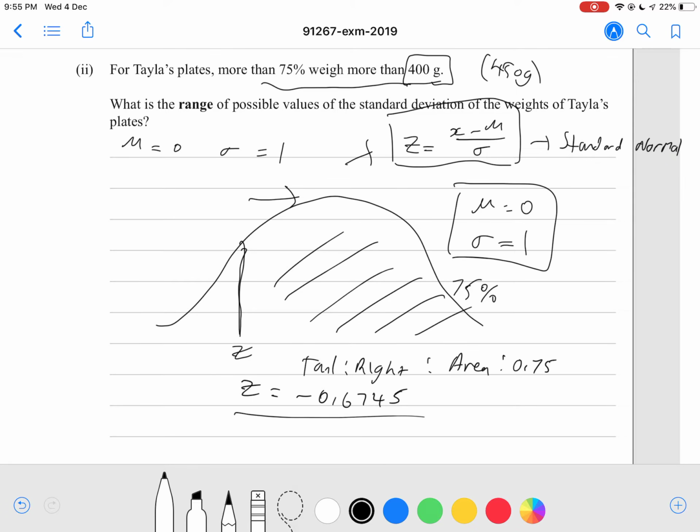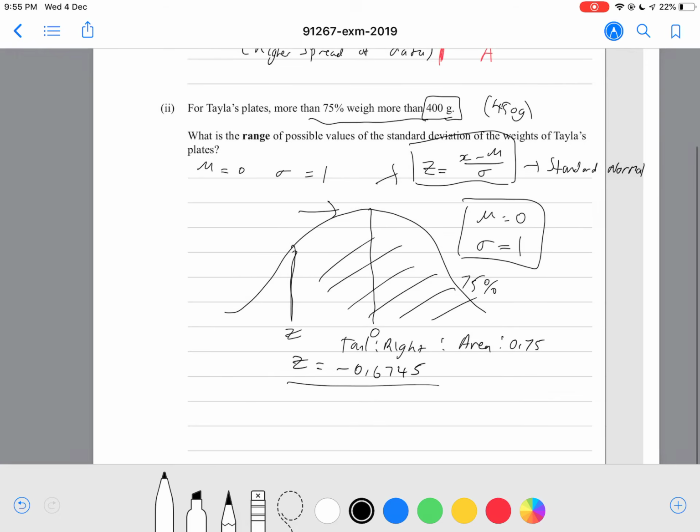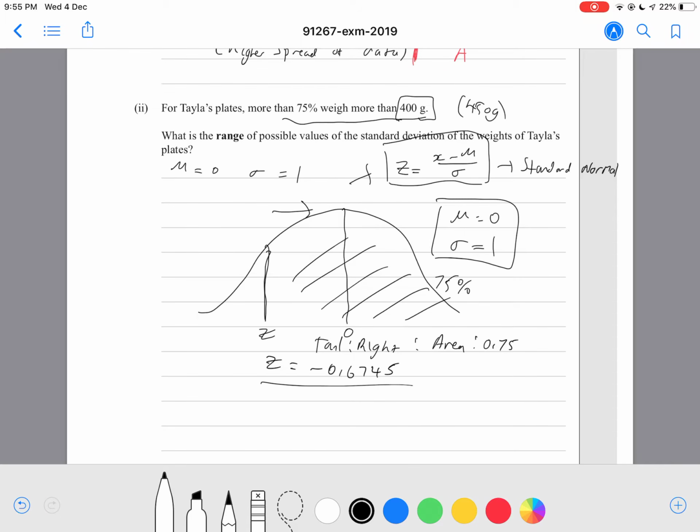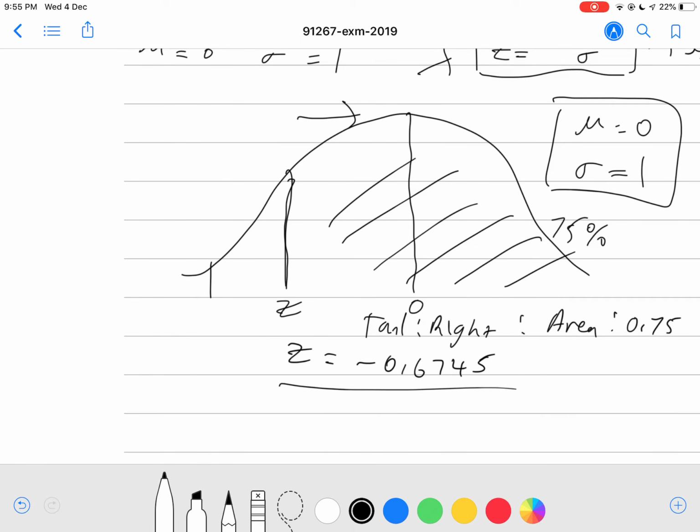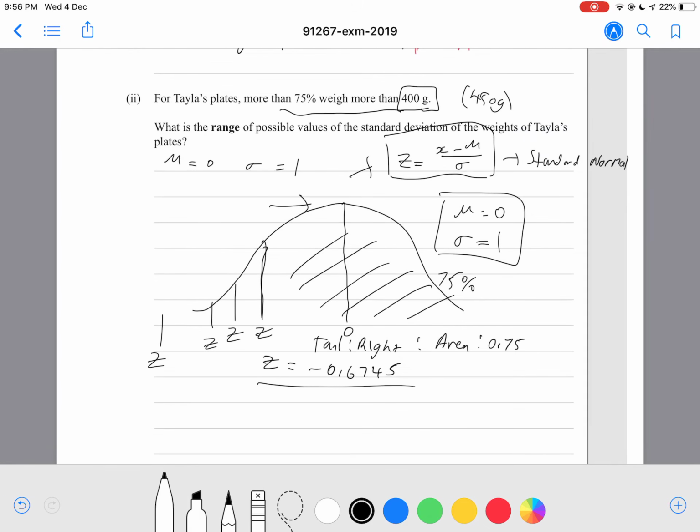However, it asks us for a range of possible standard deviations. So notice that, for example, let's just say this is our mean. This is our mean of 0. As we go to the left of the mean, it's going to become less and less. And if we go to the right of the mean, it will become more and more. So it says at least 75% weigh more than 400, which means that z could be anywhere from here. So it could be here, z could be here,